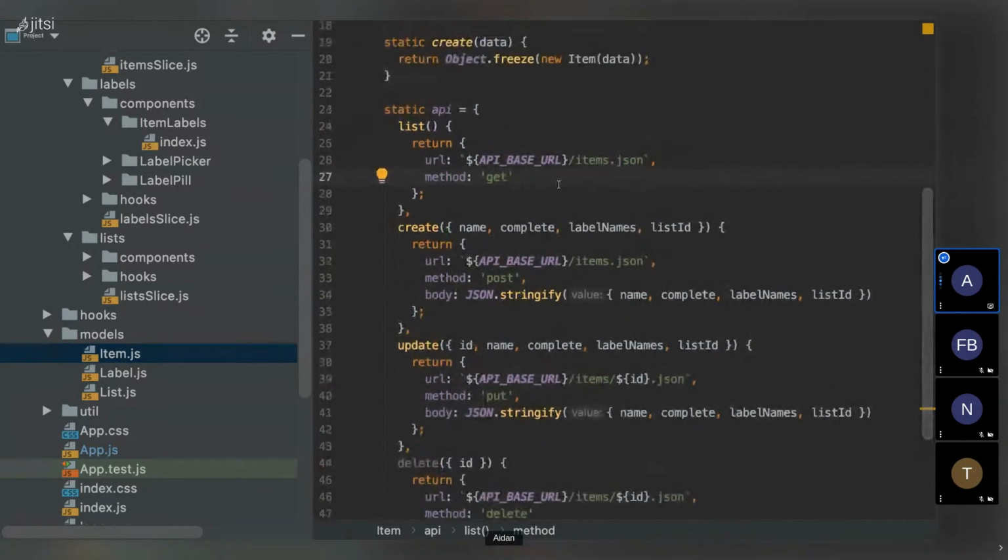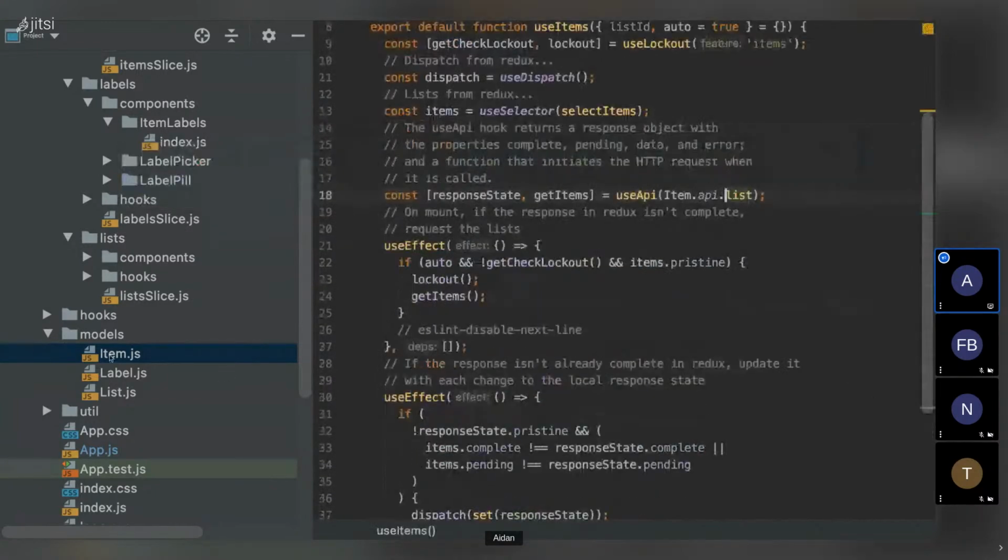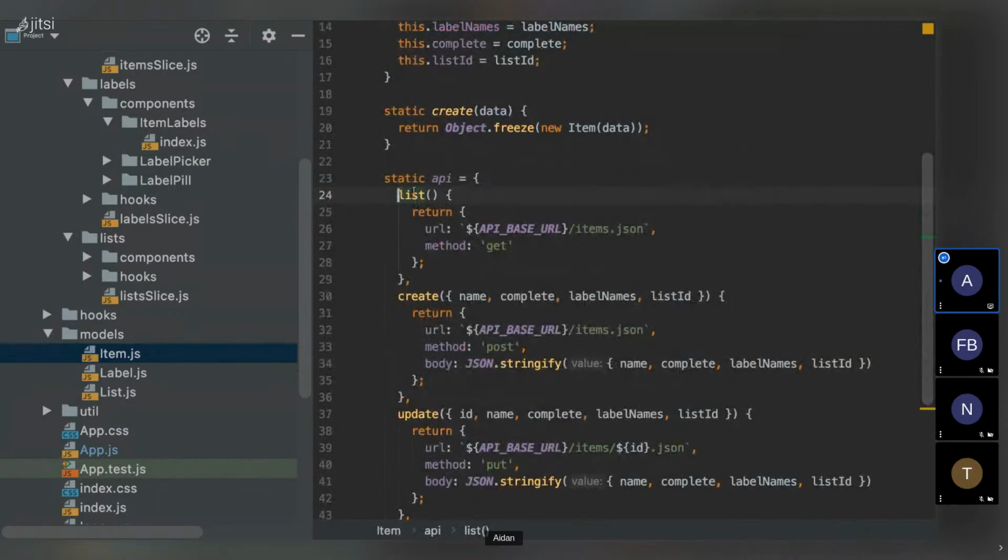By putting all of those here, let's look at a place where these are actually being used. I personally use this concept called useAPI. I'm really starting to come around to React Query, and I might wind up switching to that at some point. But I've been using this hook called useAPI, and I can basically just pass that function that we just saw from item. What this is ultimately doing is defining a query.